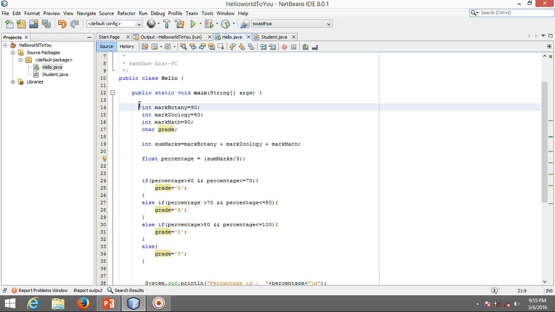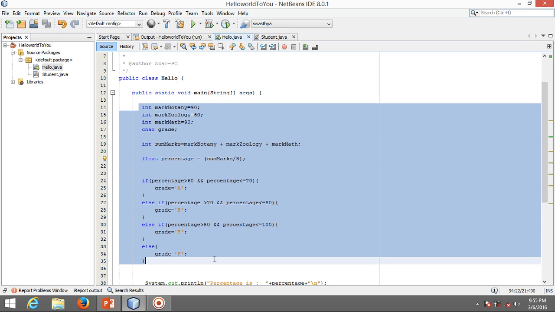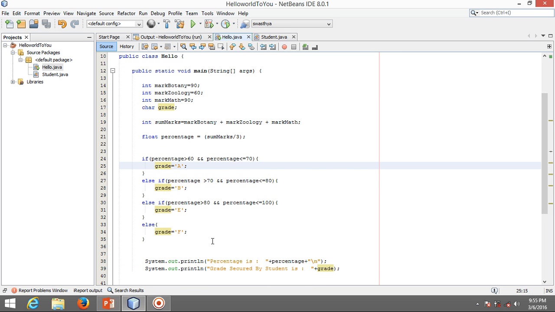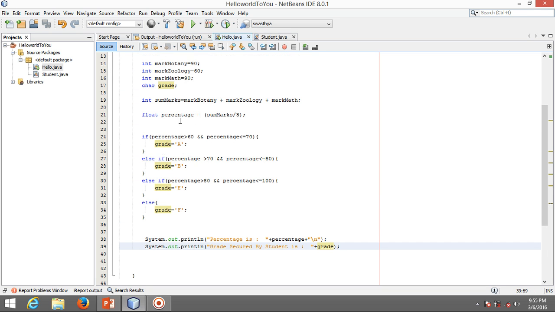Now these three data types are most common in the applications you will use, so you should understand this. And you should write this whole program and run it to learn how this is working.